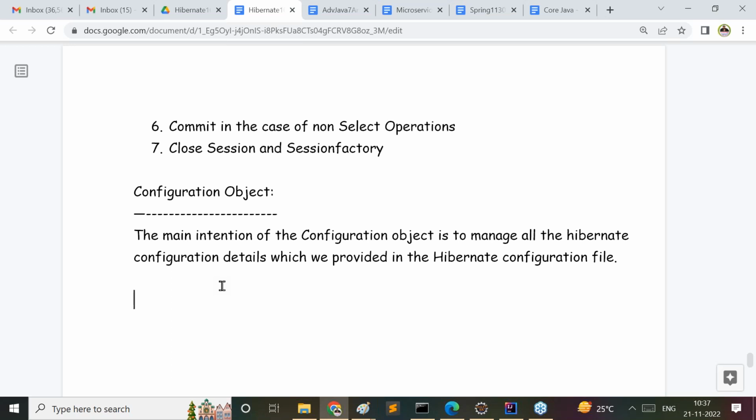Right, sir. Then how is this configuration object provided here? How does the configuration object exist? Any idea? How are we able to provide this configuration object? If we observe this point, the answer is very clear. To represent the configuration object, Hibernate has provided